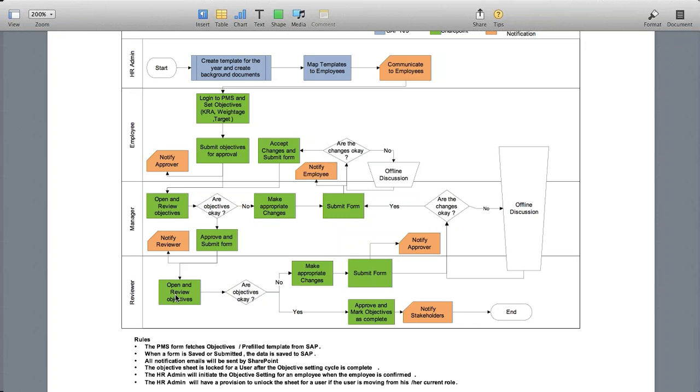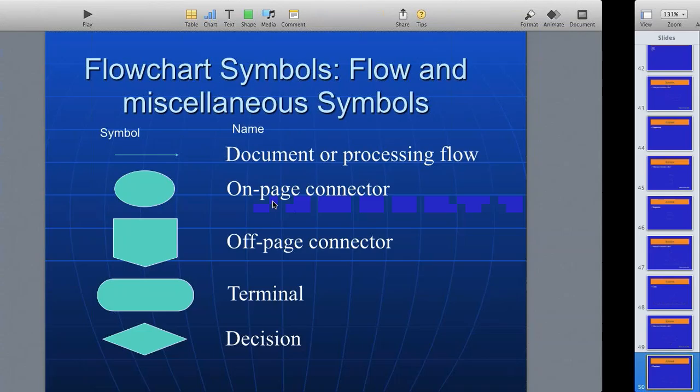Sometimes the manager may be wrong, correct? Sometimes the employee may be wrong. That's why the reviewer will once again cross check. The reviewer opens and reviews the objectives. If the reviewer feels everything is fine, he says yes, approves and ends the process. Or else, in the manager area, are all objectives okay? If the manager feels that something is wrong,